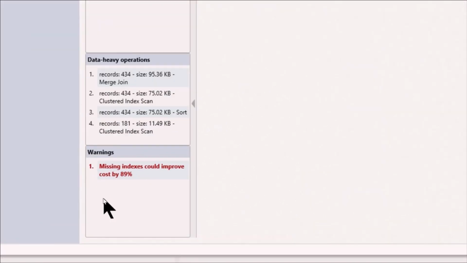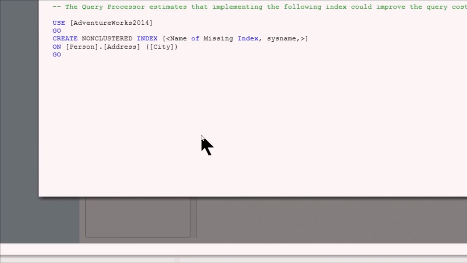Look at that, there's a warning. Missing indexes, missing index could improve the cost. Let's click on that and see what we've got. Missing index, it suggests use AdventureWorks 2014, go, create non-clustered index, and the index name is, by the way,